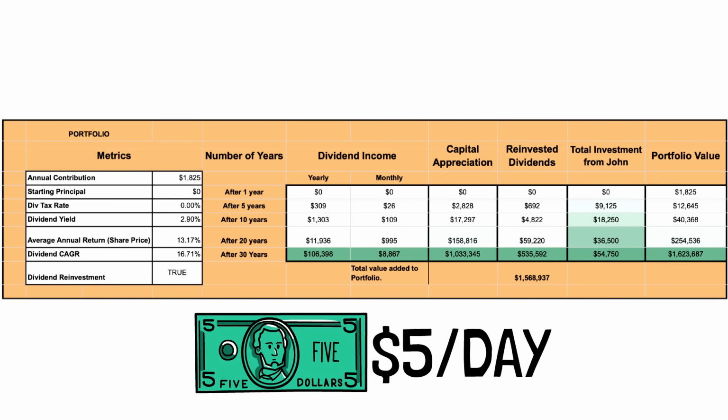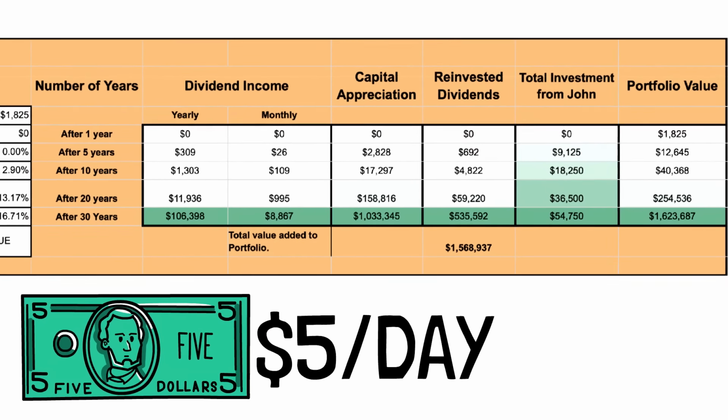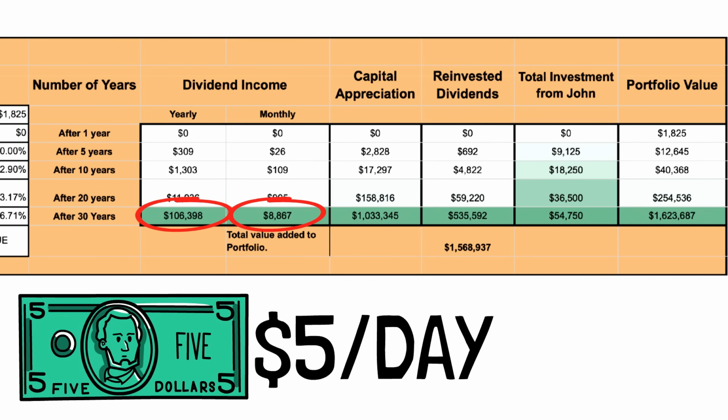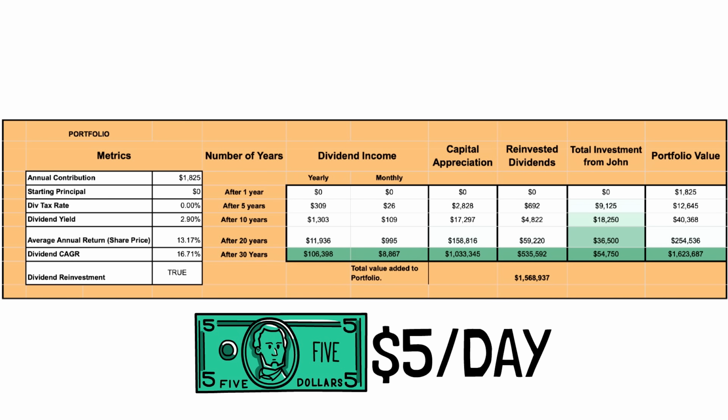The income side is just as powerful. After 30 years, your portfolio is projected to generate about $106,398 in yearly dividends. That's roughly $8,867 per month. That's income that can cover major expenses, give you real flexibility, or serve as a safety net